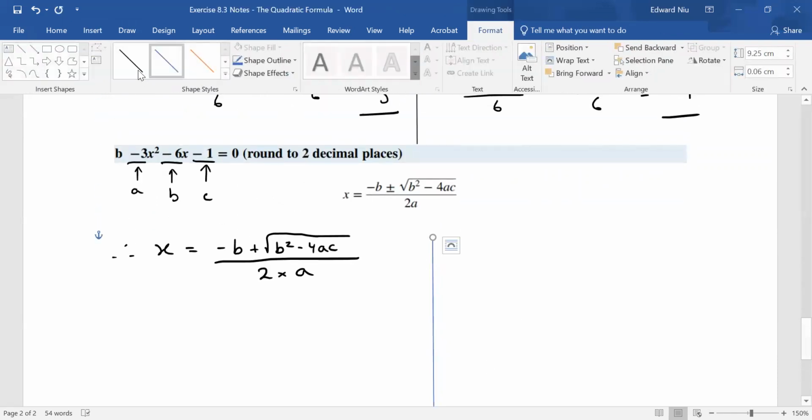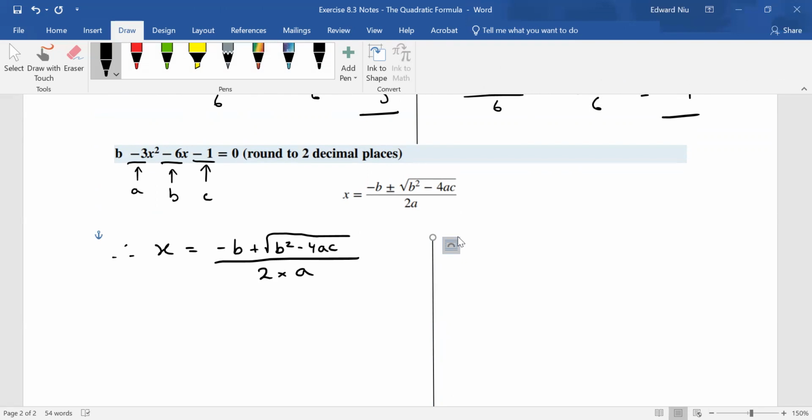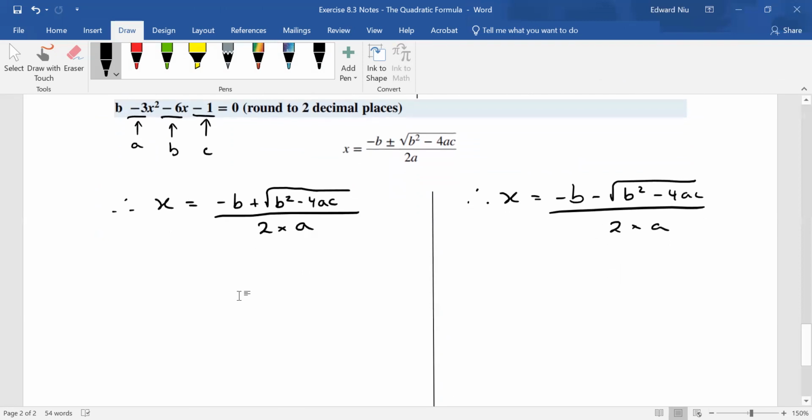Right, so then over here we have x equals negative b minus square root b squared take 4ac divided by 2 times a. Now, let's just make sure we substitute correctly because that's the common error people make. If we have a negative b and a negative 6 as our b value, two negatives next to each other basically cancel each other out. So this actually becomes a positive 6